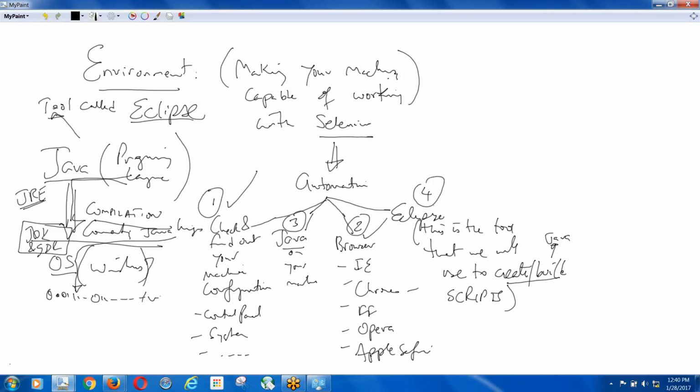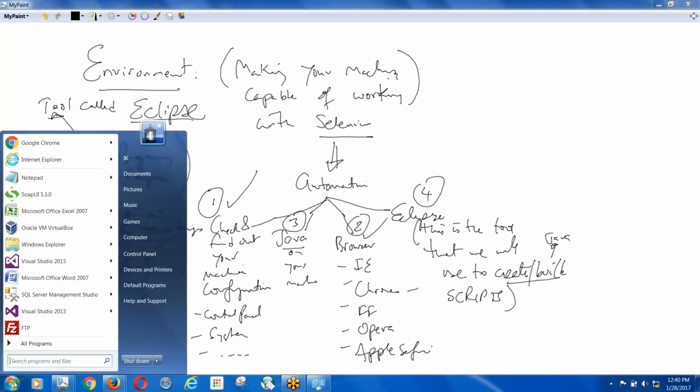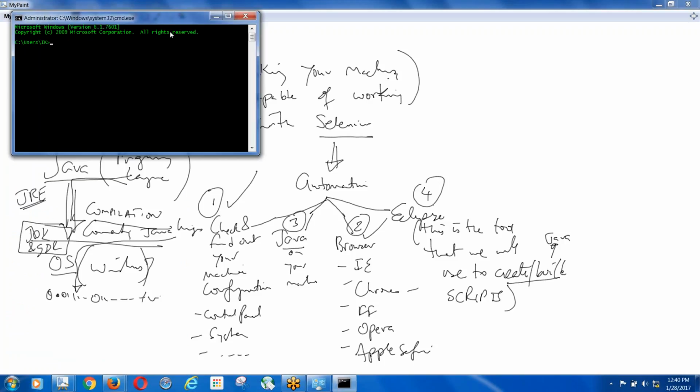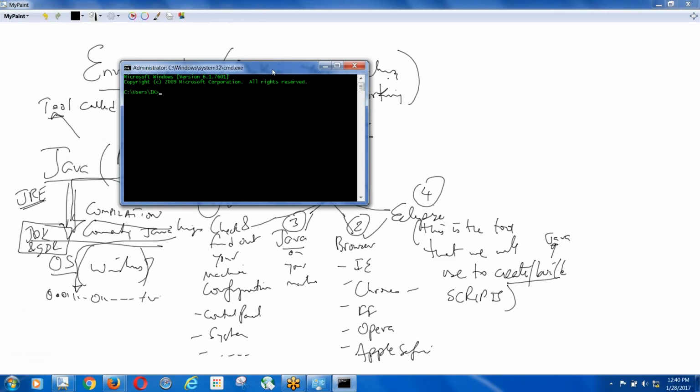So I'm going to go to here and type CMD, right? CMD is a command line utility, right? So this is a command line utility, and what this does is, if you go in here,